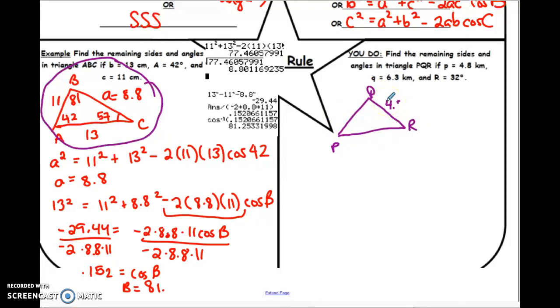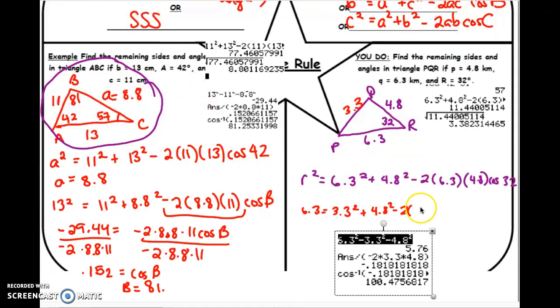So we know P is a 4.8. I know Q is a 6.3. And I know R is a 32. All right, so go ahead and try out this problem. I'm gonna ask that you pause it, give it a shot, and then I'm gonna show you what numbers you should have gotten. And so I just want you guys to make sure you get the exact same triangle filled in. All right, so if you guys just go ahead and double check these answers, here we would have the